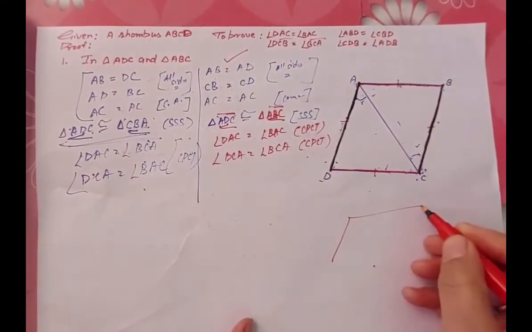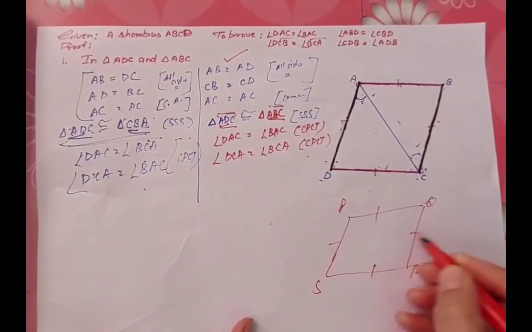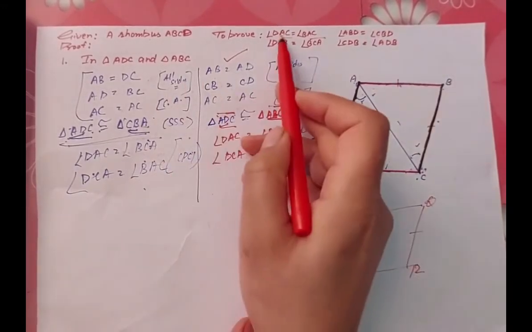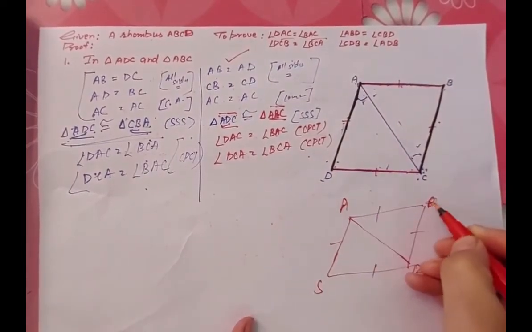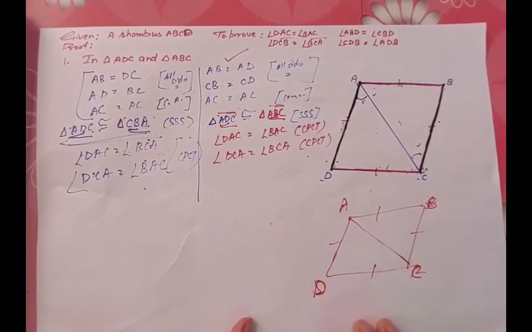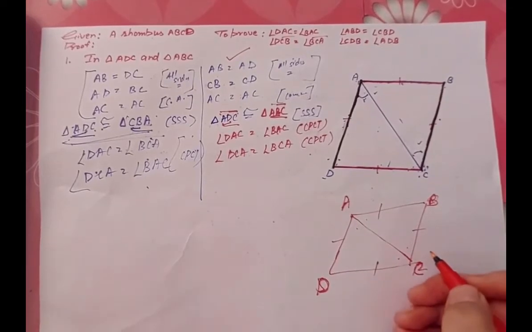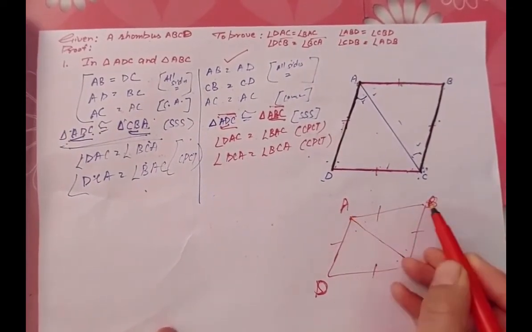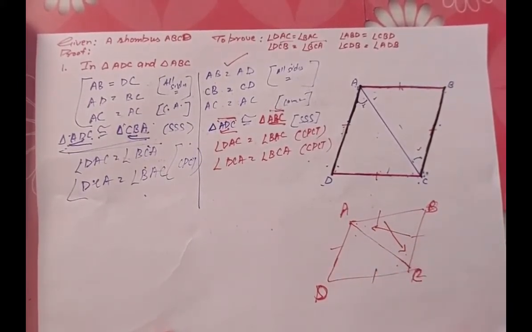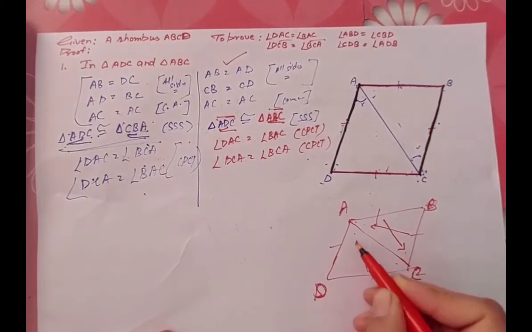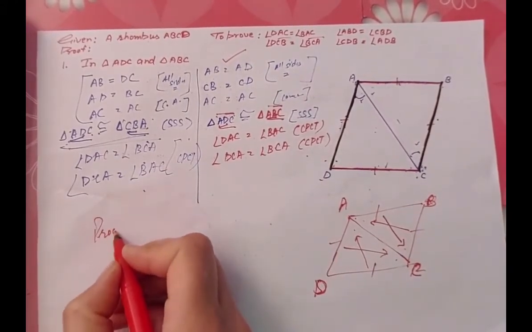So you have been given a rhombus. That means all sides are equal. Okay. And you have to prove these equal angles. Let's keep it ABCD only. Okay. So now you have to prove this angle equals this and this angle equals this. Okay. So this can be proved as this is a triangle. So this angle is equal to this angle, no? And similarly here this angle is equal to this.